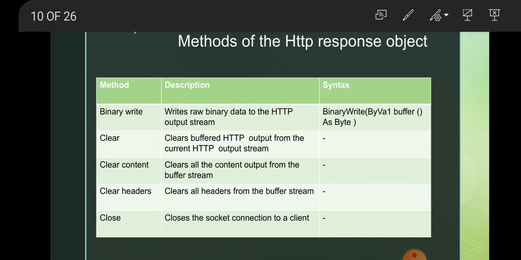Here the HTTP response will send data back to the client. So the first method is binary write. It writes binary data to the HTTP output stream. Next, clear, which clears the buffer content. Next, clear headers, which clears all headers from the buffer stream. Close the socket connection to a client.